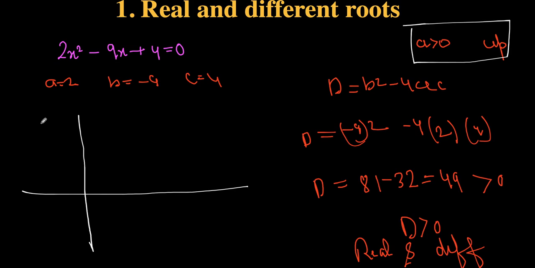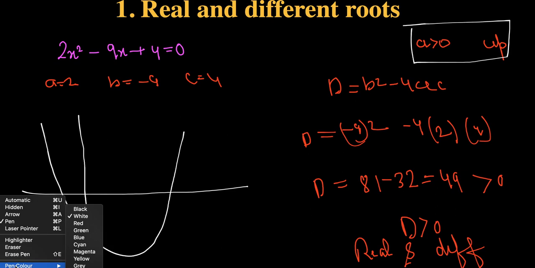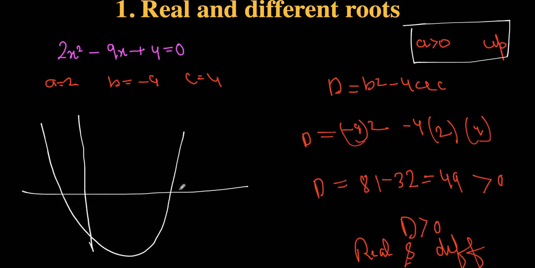It means that the graph of the quadratic equation is cutting the x-axis at 2 points, different points. We know that root means y is 0, so it means where the graph is cutting the x-axis. So here the condition is they are real and they are different. We can see that these are real numbers and also the roots are different. So this graph demonstrates the real and different roots.